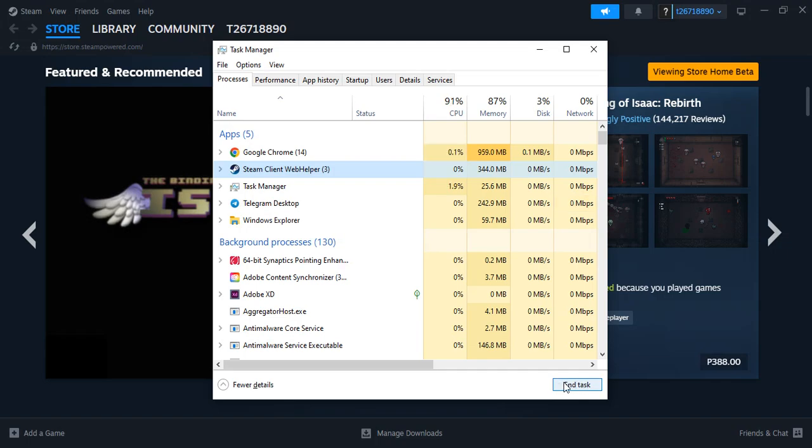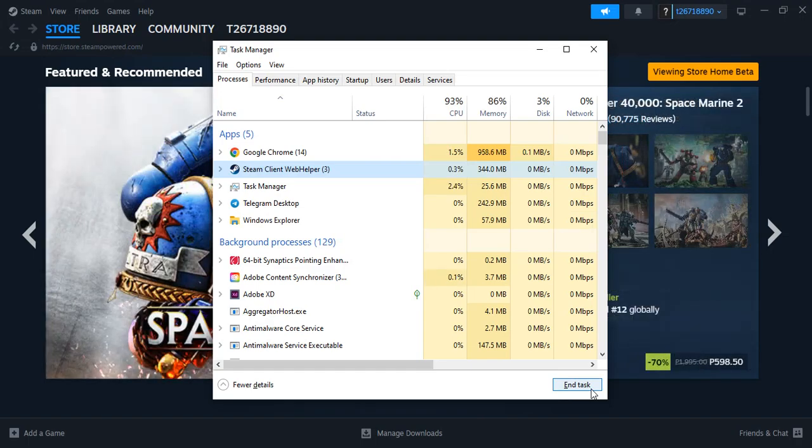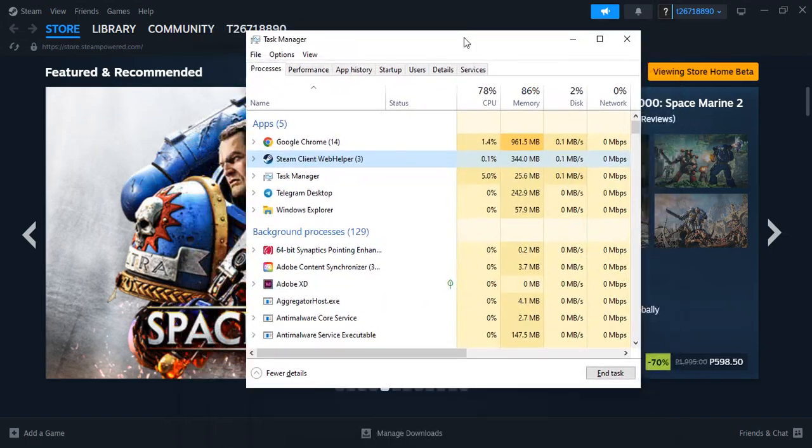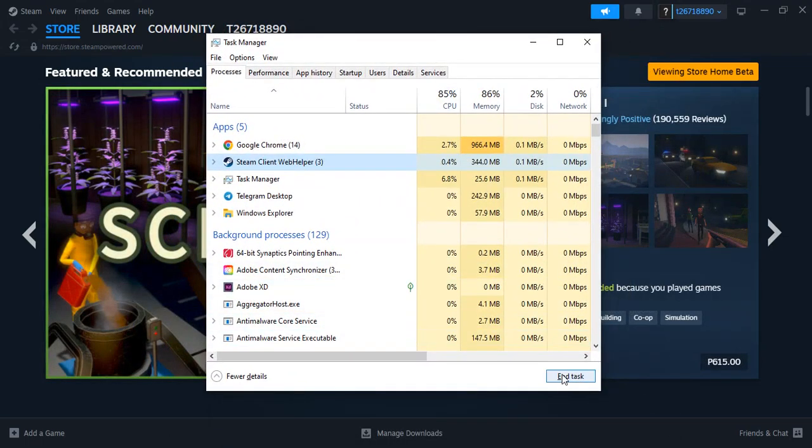on your computer. It's important to note that ending this task might affect some of Steam's functionalities, such as the in-game overlay or browsing the store. However, if you're primarily using Steam for gaming and not browsing or community features, ending the Webhelper task can help improve your computer's performance. If you find that the Steam Client Webhelper continues to restart, or if you need to